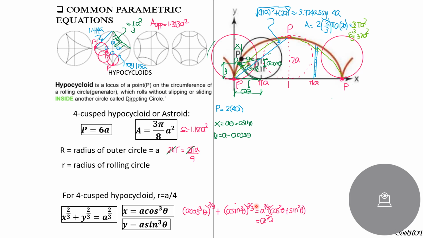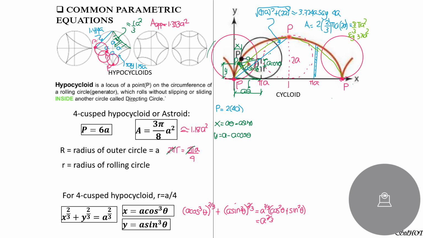The next common and popular curve is this cycloid. A cycloid is where we have a circle that rolls on a straight line without slipping or sliding, and we have a point P here. As this circle rolls, where it is now here, P would be there. Then as soon as it reaches the center here, it is just half of the circumference that is traveled. P will be on top.